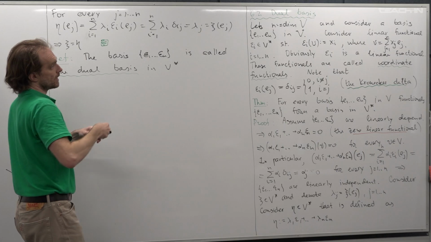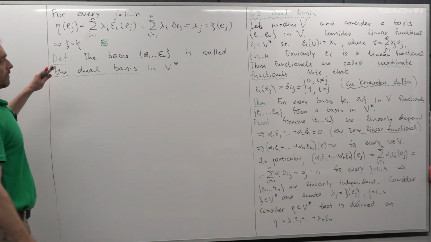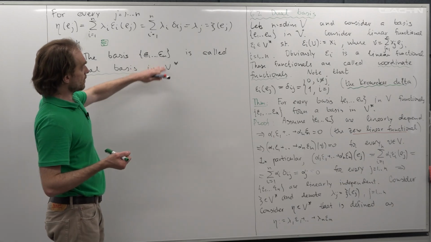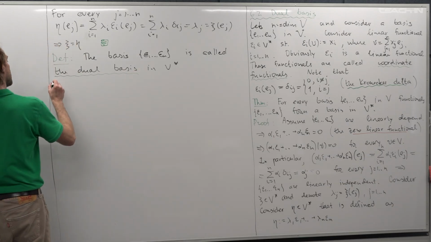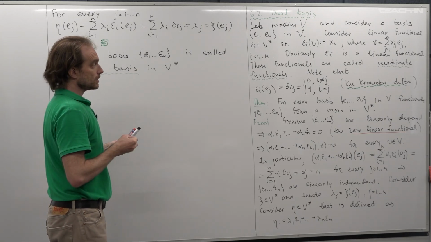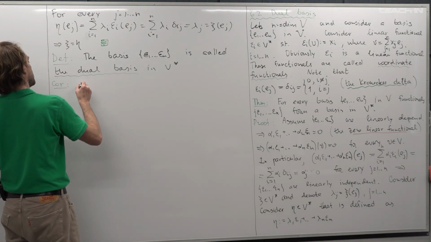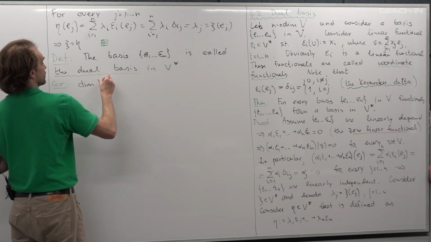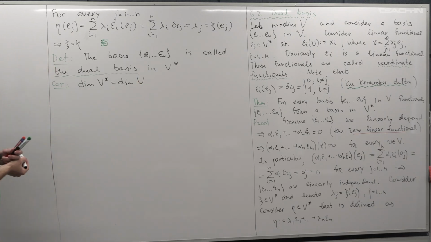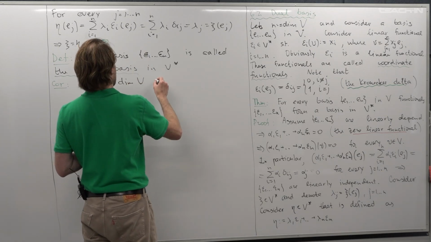So this basis is dual to the initial basis in our vector space V. And so we see that the number of vectors in the dual basis is the same as the number of vectors in the initial basis. So as a corollary, we get the fact that the dimension of the dual space is the same as the dimension of the initial space in case of a finite dimensional space,